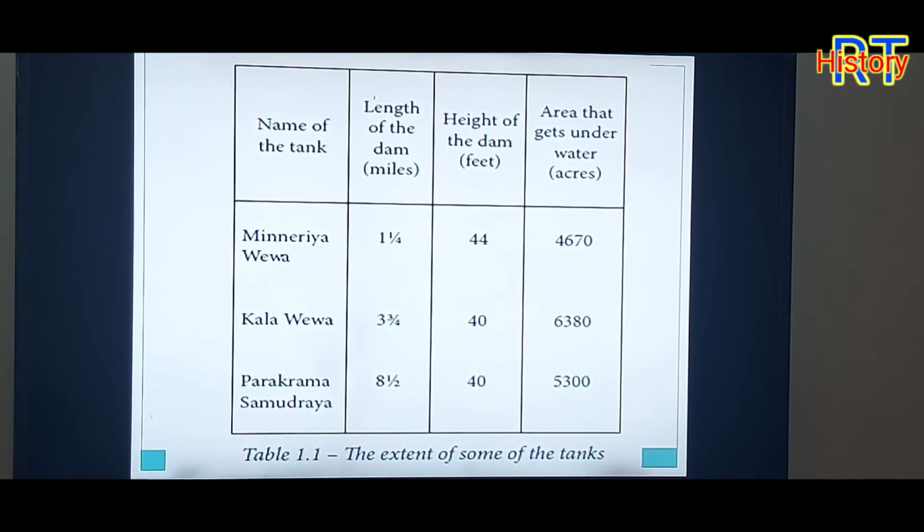So you can see in this graph the min area tank, the length of the dam 1¼ miles. The height of the dam 44 feet. Area that gets underwater 4,670 acres. However, length of the dam 3 4/3. Then the height of the dam 40 feet. The area that gets underwater